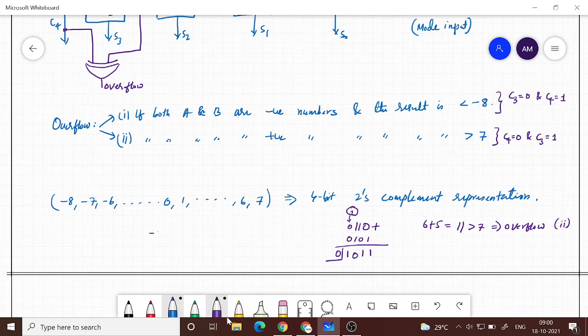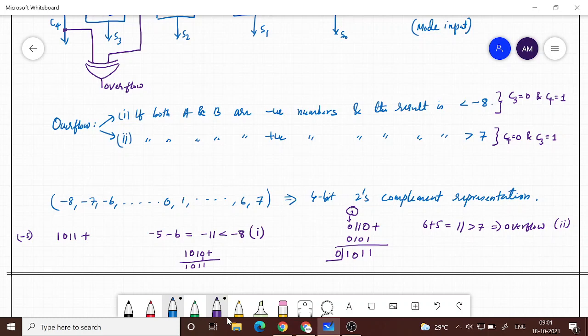So to see that case, you can take any negative numbers like minus 5, minus 6. Okay, so this will give rise to minus 11, which is lesser than minus 8. So that will correspond to the second case. Now what is minus 5? Minus 5 is you complement every bit of plus 5, so you will have 1 0 1 0 plus 1. So this is going to be 1 1 0 1. So 1 0 1 1, which is minus 5,